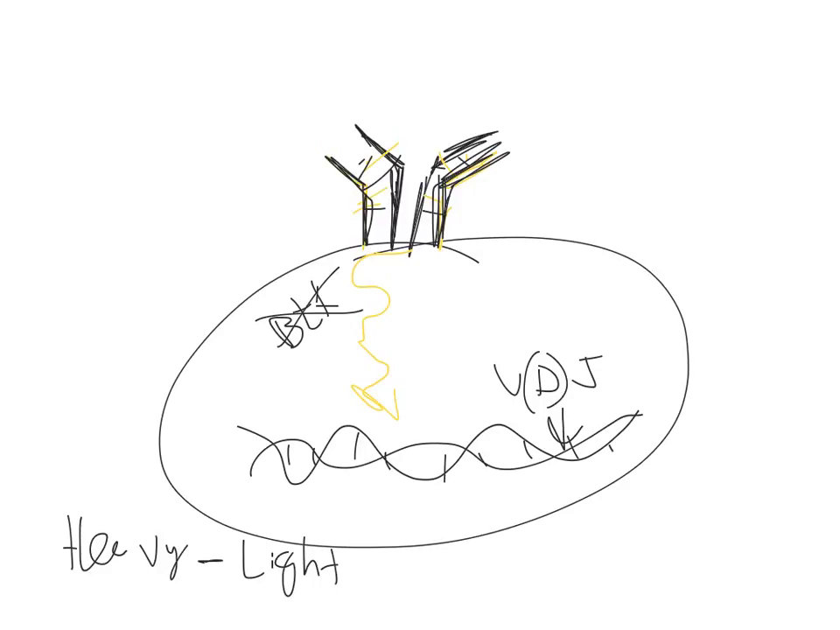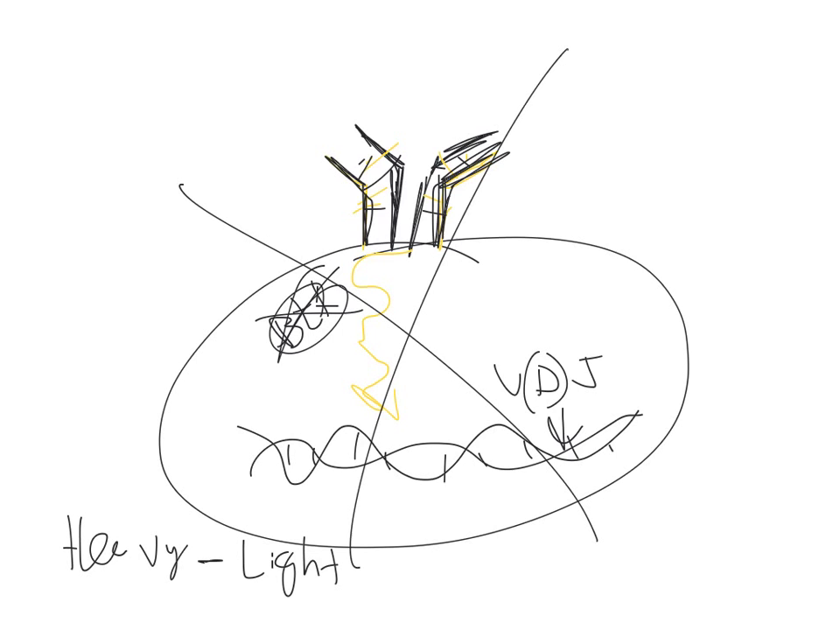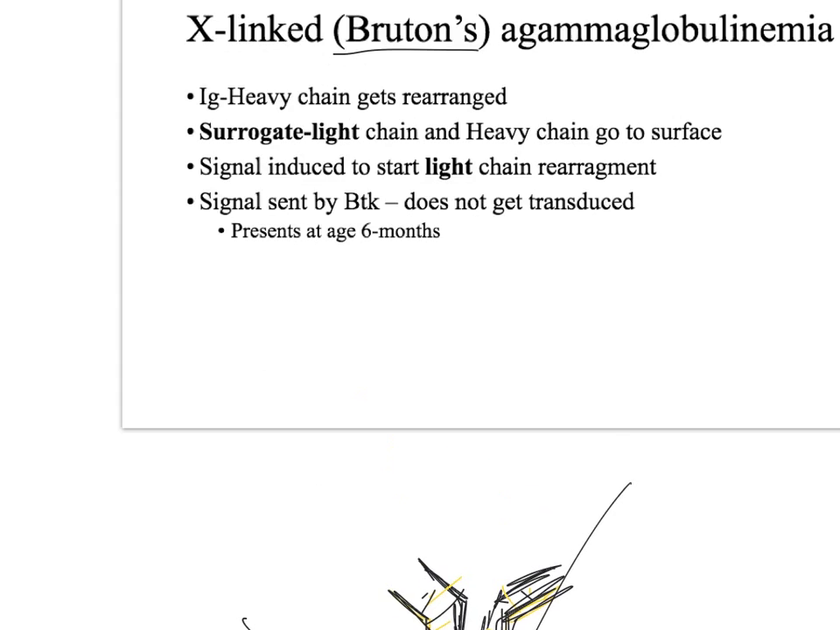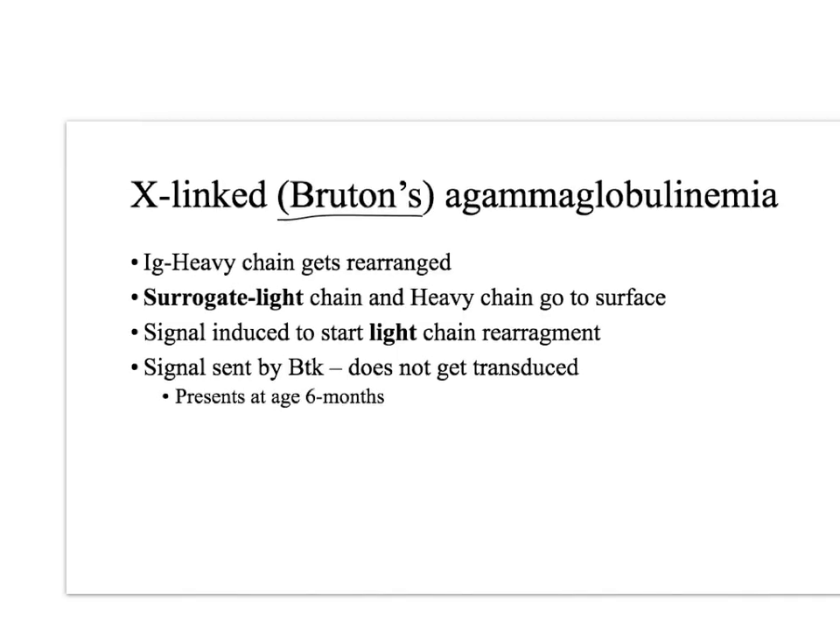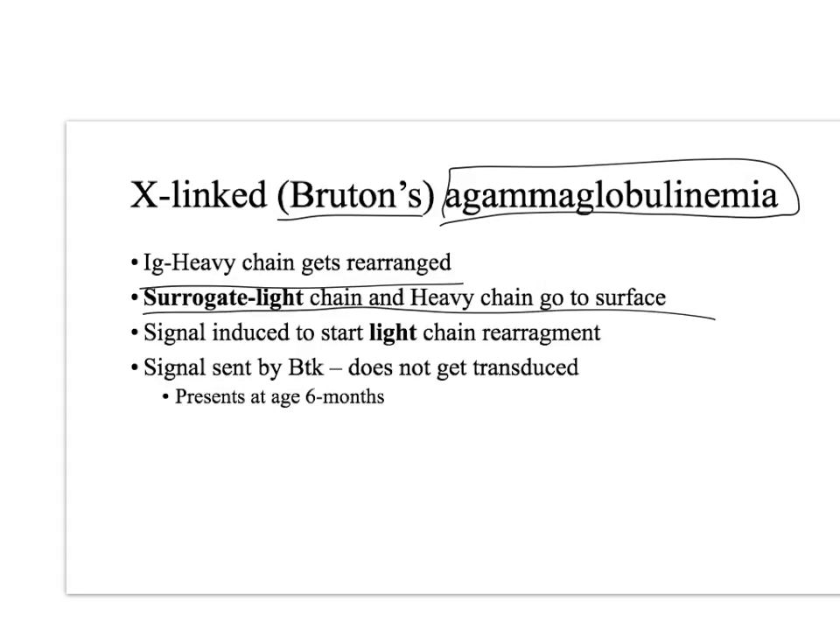And you have a fully working B cell receptor, an IgM or an IgD. But without the BTK, you can't get the B cell to fully mature, so you have no mature B cells. So that's why it's called gammaglobulinemia, because you can't produce gamma globulins. You can produce immature B cells, but you can't actually produce a mature B cell that makes antibodies. They can't make immunoglobulins. So what I say here, Ig heavy chain gets rearranged, surrogate light chain gets added with